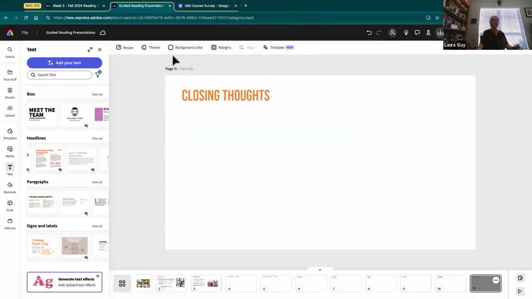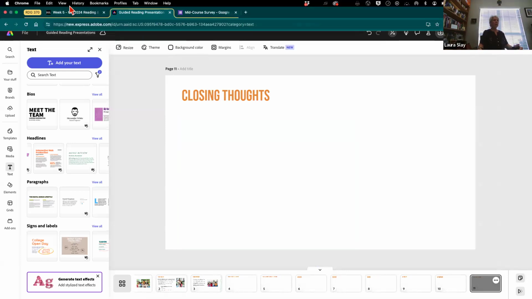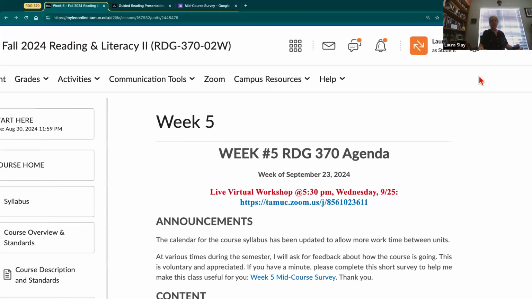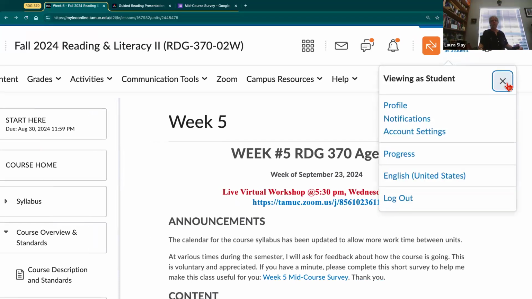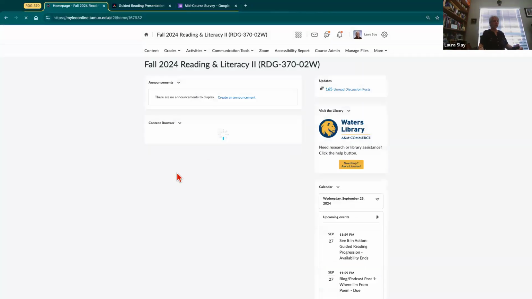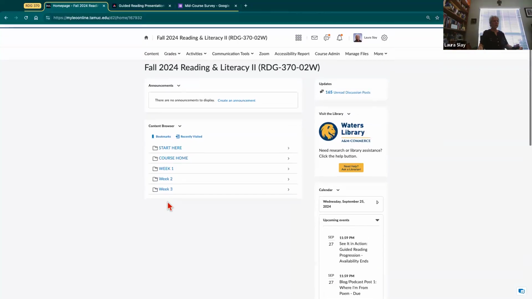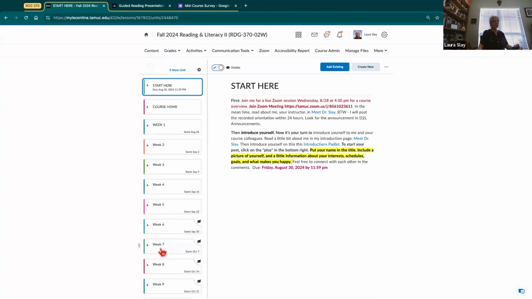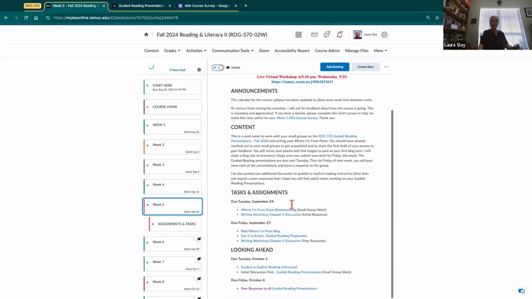But it'll take a little bit of effort and a little bit of coordination to get that straight. So that is pretty much everything that I have for you. Let me get out of the student view to make sure that I haven't made anything challenging that is unrealistic or difficult for you to manage. Let me go back into content. And again, please let me know if something is not right, I can't tell what you see. As you can see, that was a very limited view.